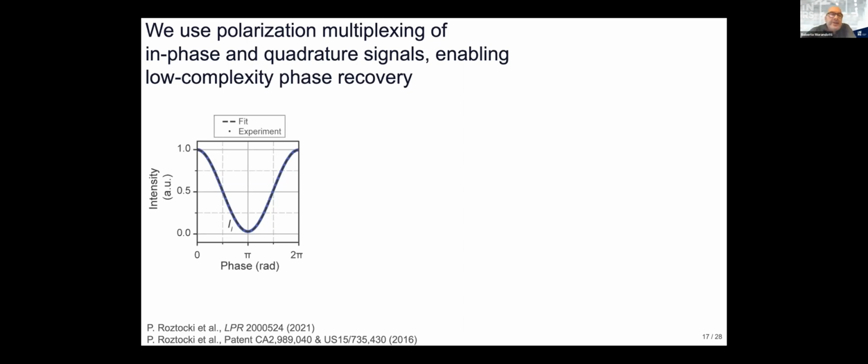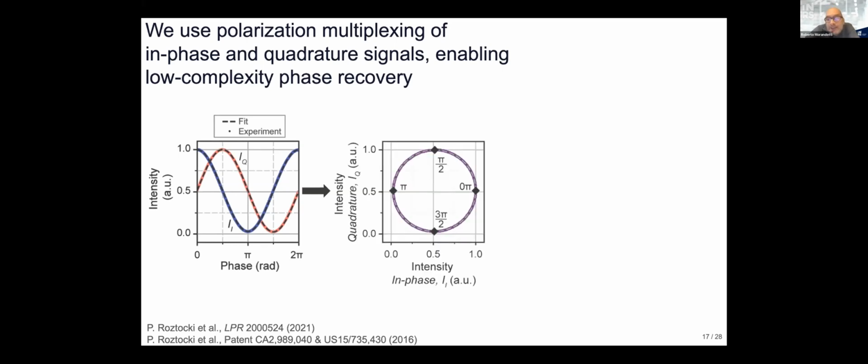If you take the typical interferometer, you have this function, but there are a few problems correlated to that. One problem is that for one value of intensity, you have two values of phase, so you have ambiguity. And second, the variation here is much slower than the variation here, so the stability is very phase dependent. My student actually came up with a very bright idea. They came up with the idea to create a second reference signal that is just shifted by pi/2, and because of that, you have both the signal in phase and in quadrature,